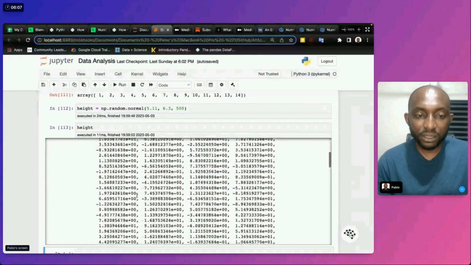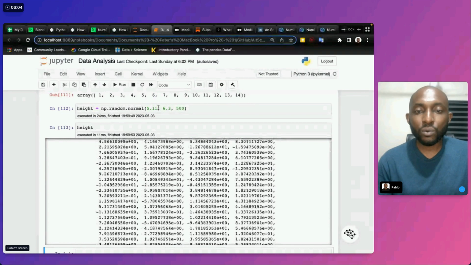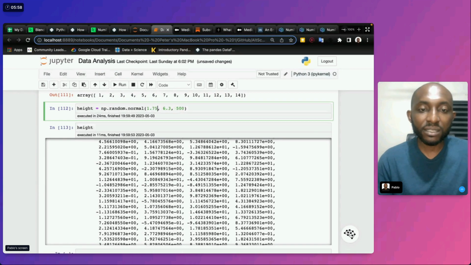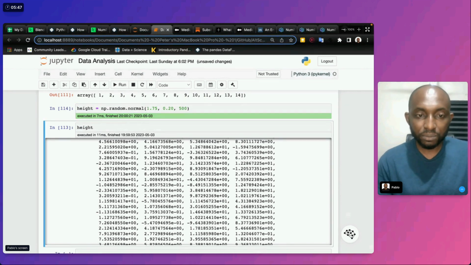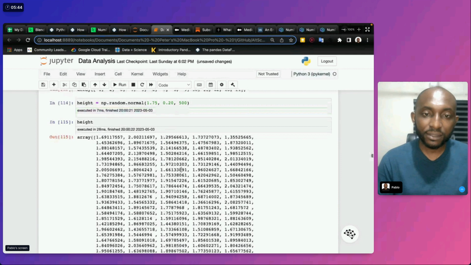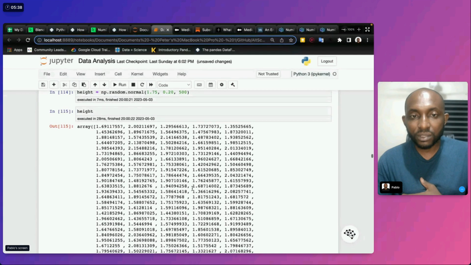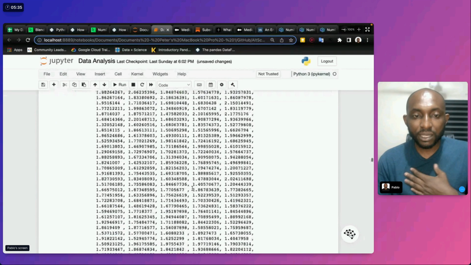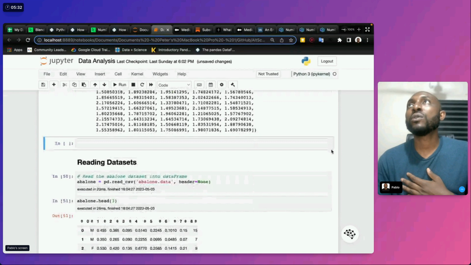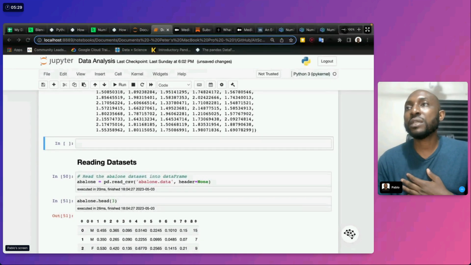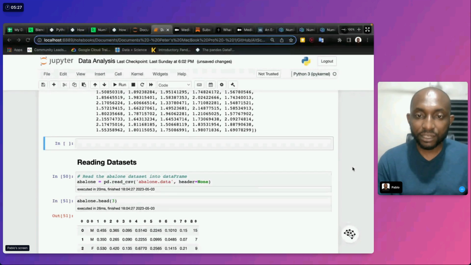It's crazy, right? The one that works most is, let's say, if we want to generate people's height, and we're checking it in meters, let's say 1.75 and then maybe 0.20. Yep, we can pick that up, and you can see the heights. It's a lot of generations. Look at that, 500. We have 500 people who are within a certain height range.